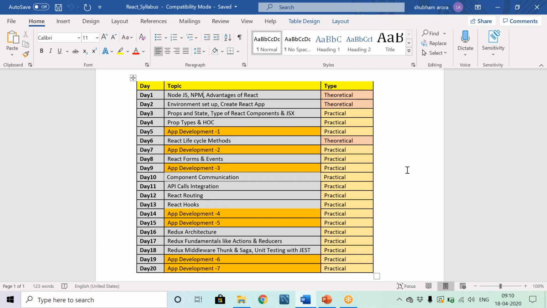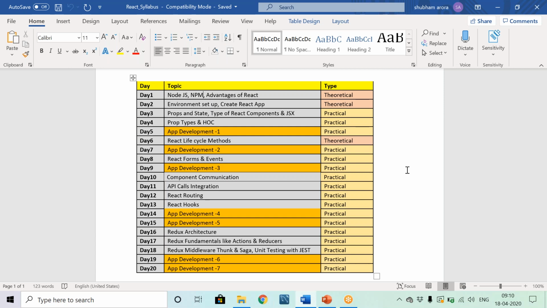Then on top of that, we'll be writing our unit test cases with Jest. So we'll also see what Jest is. Jest is a framework to write unit test cases, right? So we'll study Jest and also see how to write unit test cases for it. And then finally we'll create one full final application that will use React plus Redux for our state management, and that also has the unit test cases written with Jest as a framework. So this will be the final application that we'll be creating.